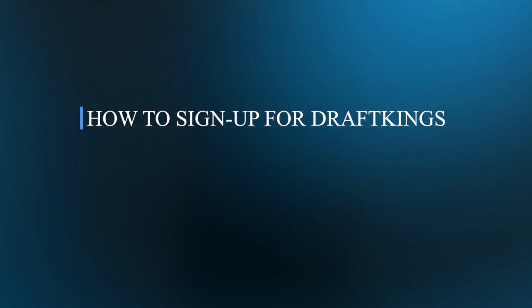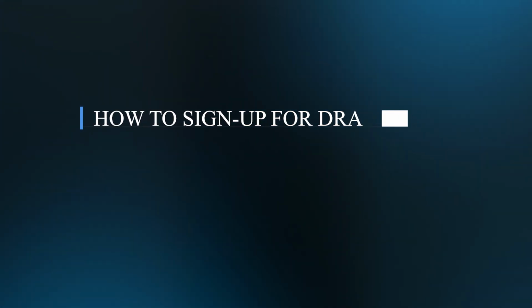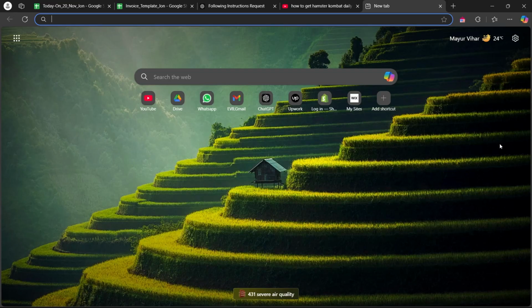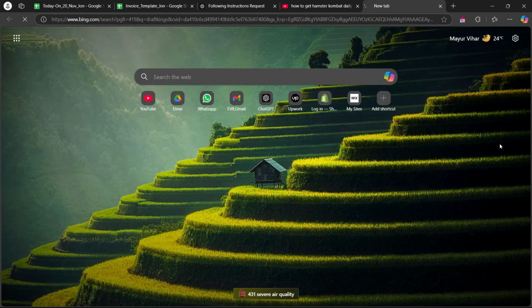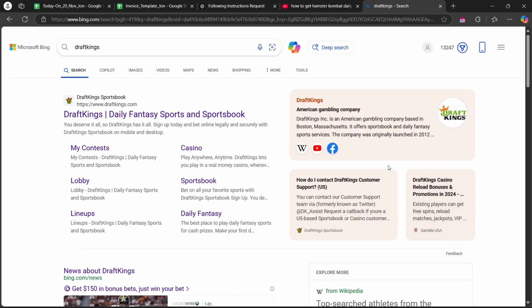Today I'll be showing you how to sign up for Draftkings. So, in order to do this, first of all, navigate to any browser on your PC, go to the search bar and type in Draftkings. Hit enter and you will see some search results. So, simply navigate to the search result that says